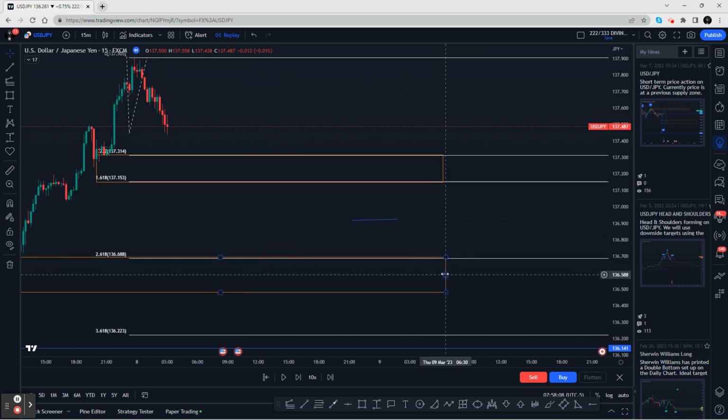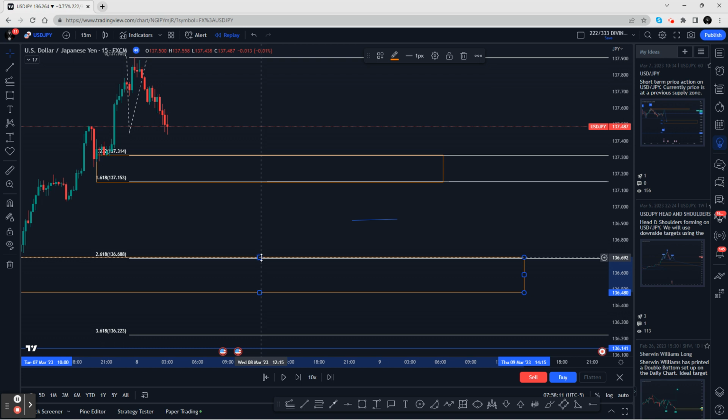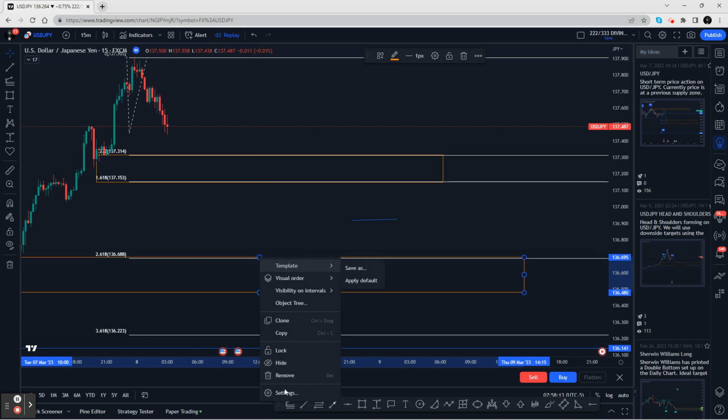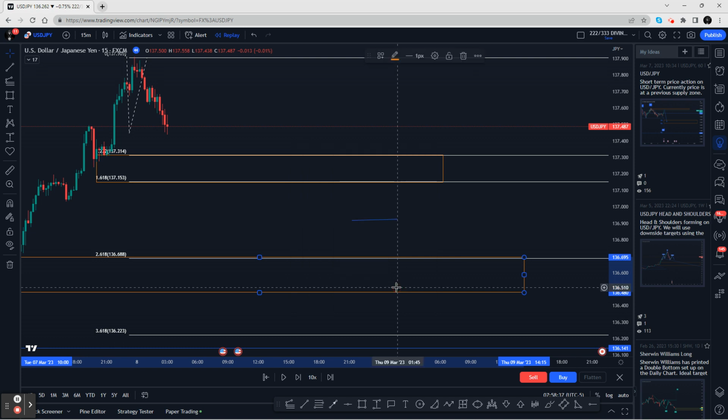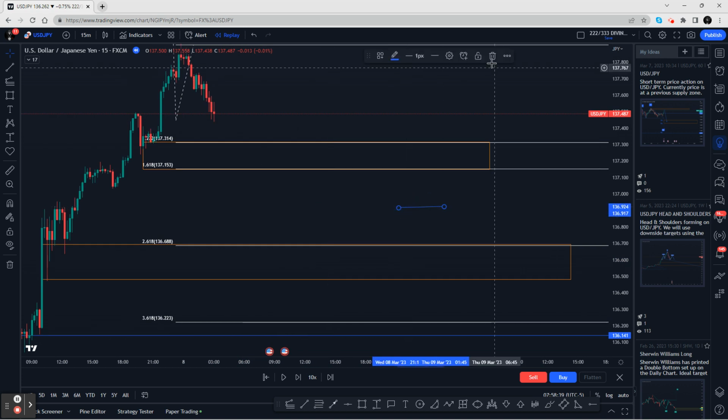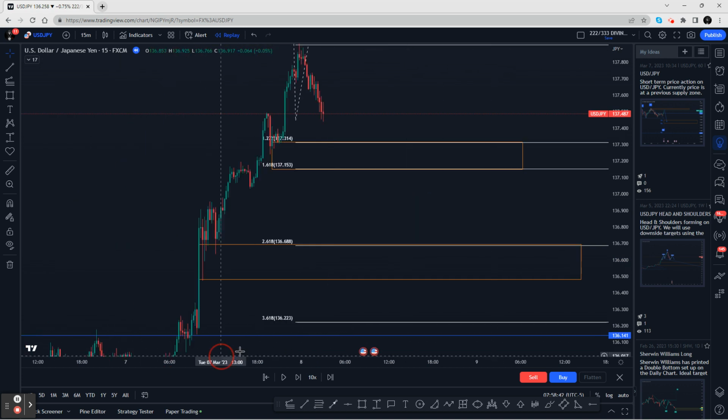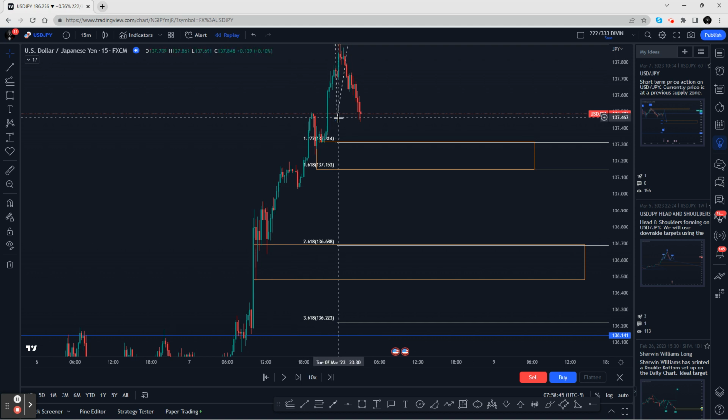stretch it over. And remember, if you don't want to stretch, you can just right click, go to settings, and you can say extend right. So you see I just extend it right over here. All right. Or you could do extend left, of course it's not going to show up. But this allows you to click on it once, and it'll just extend right all the way through the screen. All right. So I don't want to do any of that. All right. So these are levels based off the fib